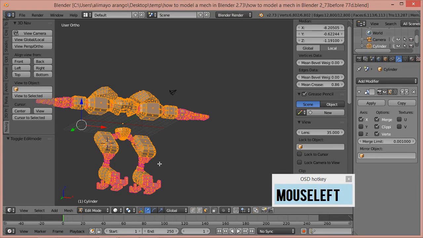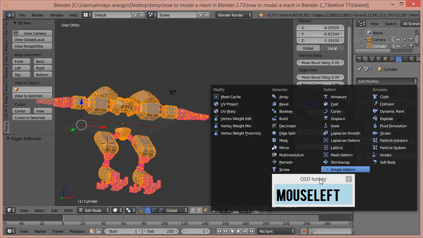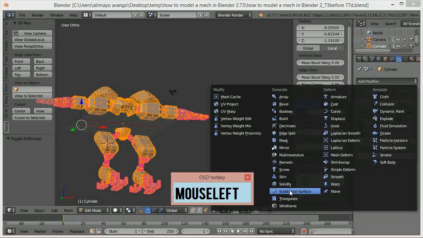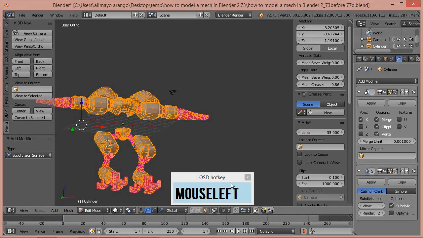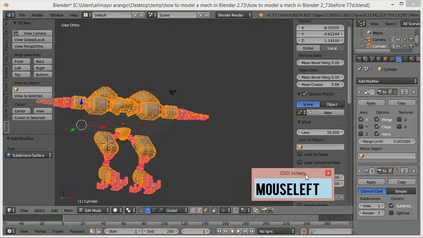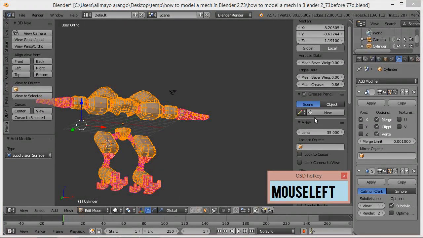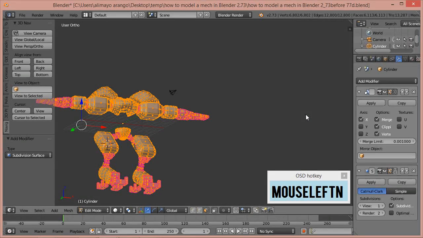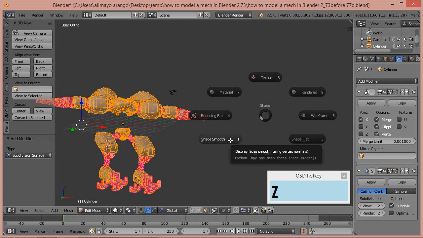Okay, with everything selected on our mesh, we're going to go to the modifier menu, which looks like a wrench here. We're going to click here. I'm going to move this to the side. We're going to select subdivision surface. I'm going to move this back over here. I'm going to press N to take away this properties panel. We're also going to click here so it looks like the subdivision surface is applied. We'll click 2 for the views,